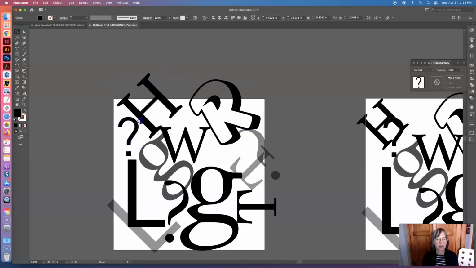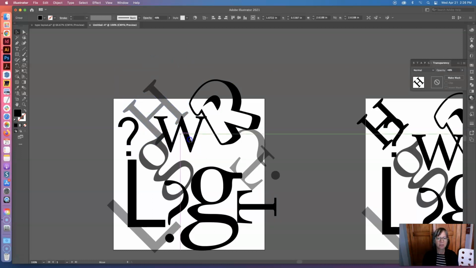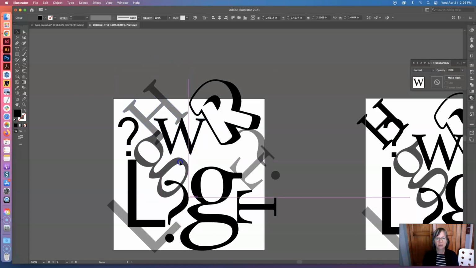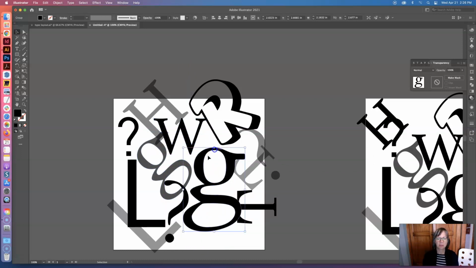Okay, so I can now take this. I'm going to take this opacity down on this H and look at the way it overlaps these different shapes. Okay, so now the Pathfinder tool, not in love with this composition, but I'm doing a demonstration, so I'll just let it go. So this tool here is the Pathfinder tool. It's got 2 boxes overlapping. So you find that tool and you